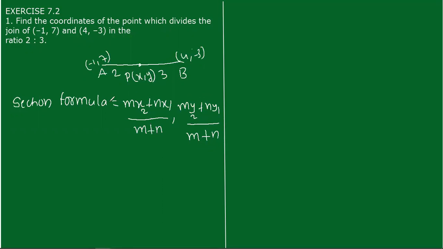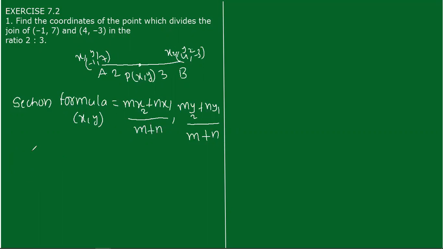Now, here I forgot to put the point x comma y. So the formula is x comma y is equal to this one, okay? Now we have to find this x comma y. So let's apply the formula. Before that we'll write, here this is x1, y1 and x2, y2. Okay guys, now let's apply the formula.